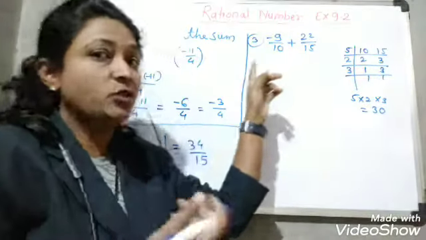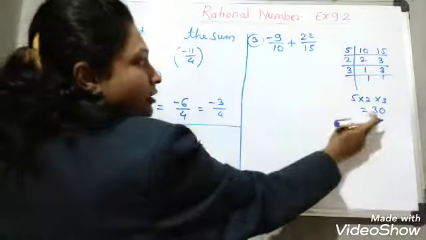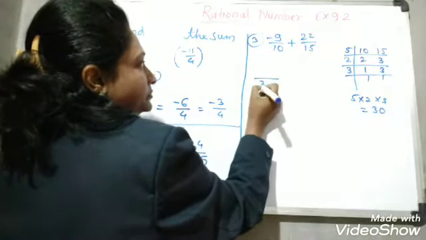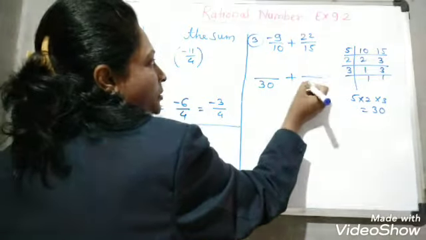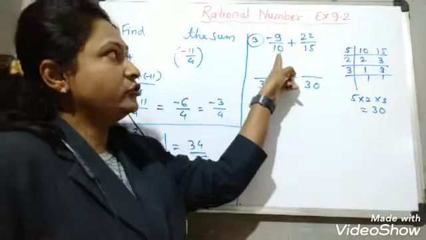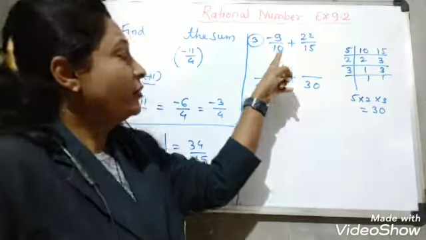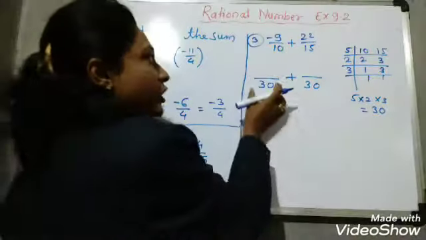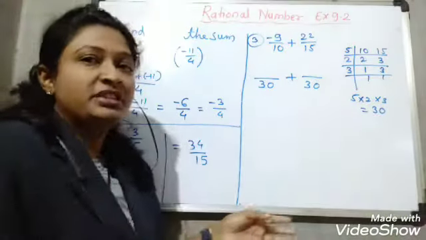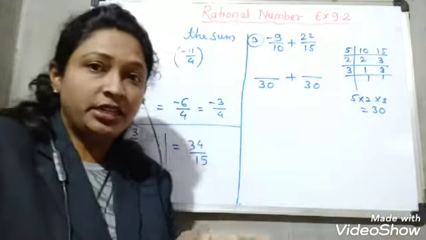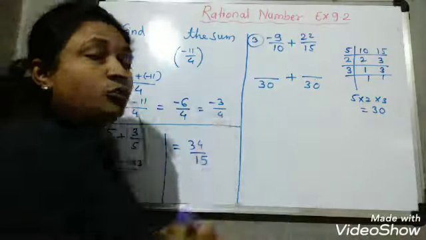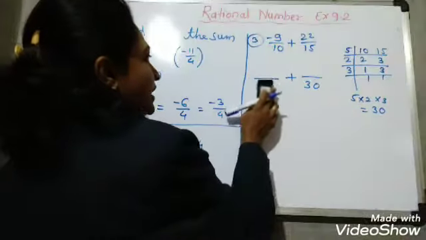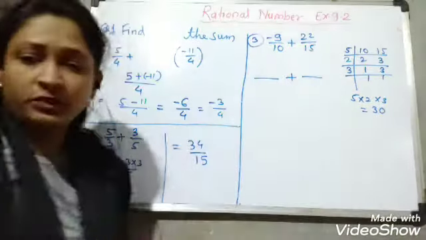डिनोमिनेटर 30 बनाना है. So for that what do we have to do? See, now the LCM is 30, so directly I am writing denominator 30 here. Plus here also denominator 30. Now see, for making the denominator 30, by which number we multiply 10, that we have to multiply to the numerator. मतलब 30 डिनोमिनेटर बनाने के लिए हमने 10 को किस नंबर से मल्टीप्लाई किया है? 10 3s are 30. So ऊपर numerator also we will multiply with 3. Otherwise, directly see I am writing that step also for this one example.